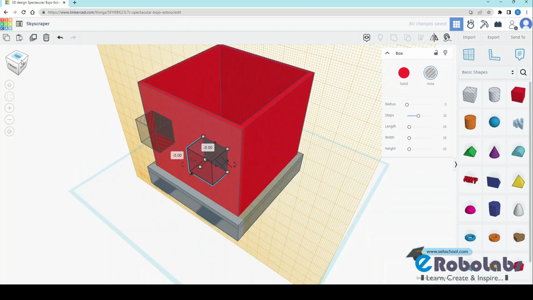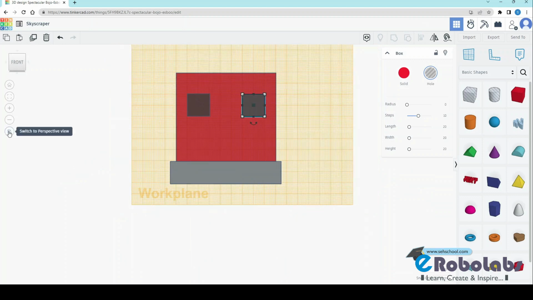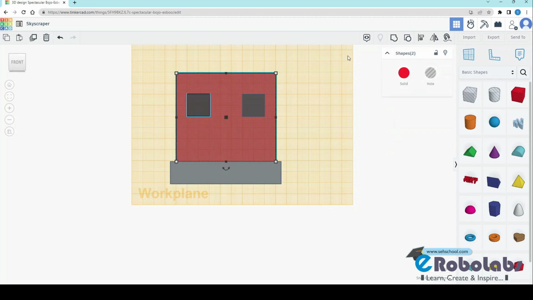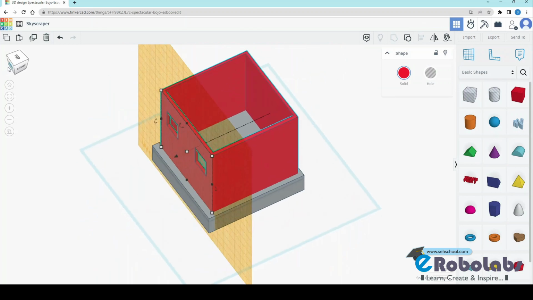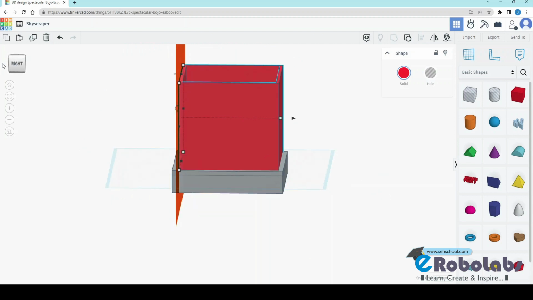Okay, click on the front view, click on the isometric view, and just group them, the wall and the window. Wall and box hole shape to make a window like this. See, the front wall is completed with windows like this. Okay,